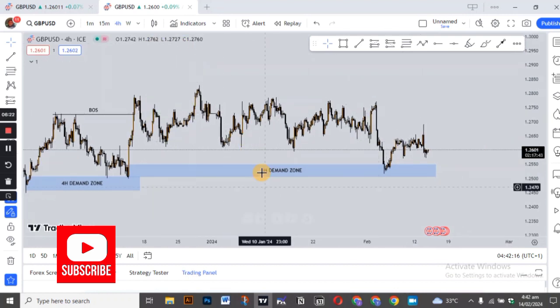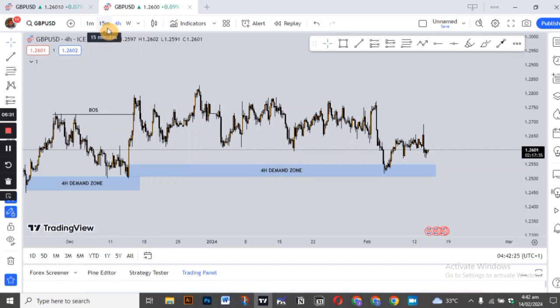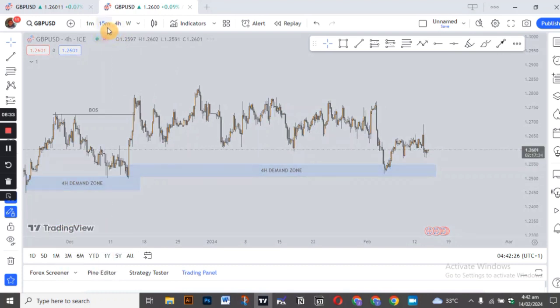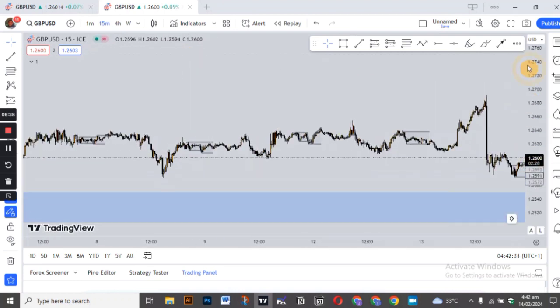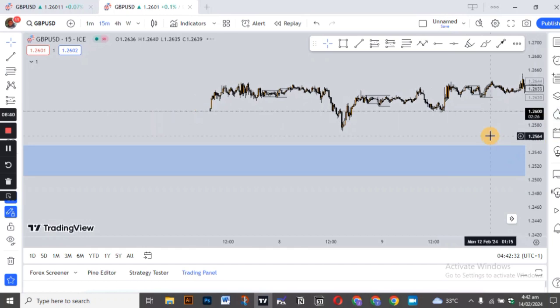So once I mark out, now I want to show you guys. Once I mark out my trade on my zone, on the 4-hour zone, I go straight to the 15-minute zone. I already see a break of structure, my imbalance. So I go straight to the 15-minute zone to mark out my